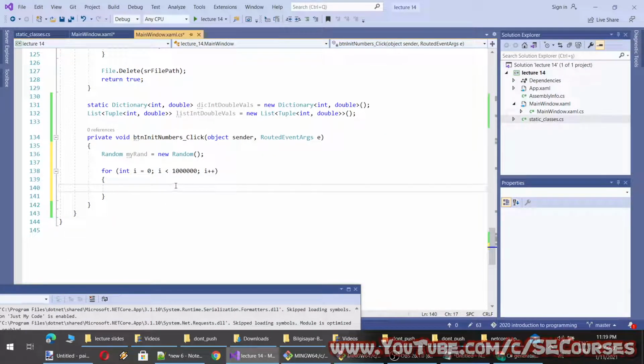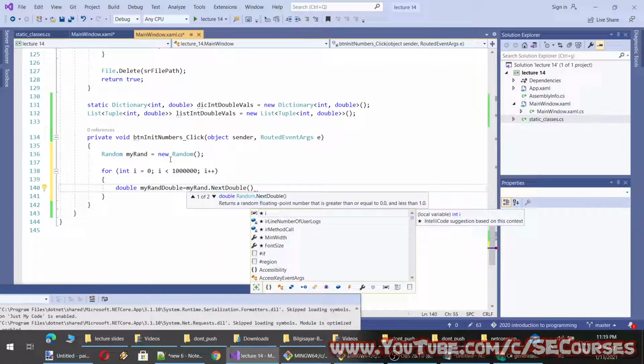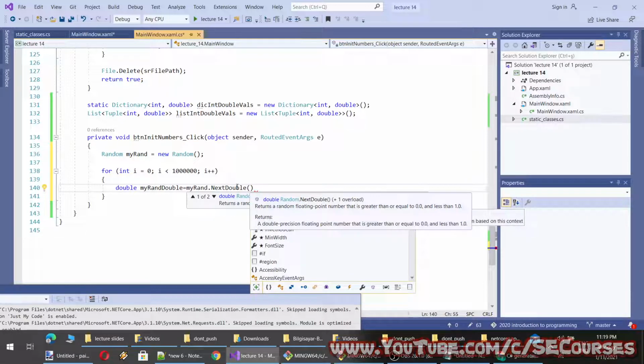All right, so the key will be our integer i from 0 to 1 million, and our value will be something like this. Double my random double will be equal to my random next double. So this is an extension, and next double already has an extension, but it generates only between 0 and 1.0 floating number.